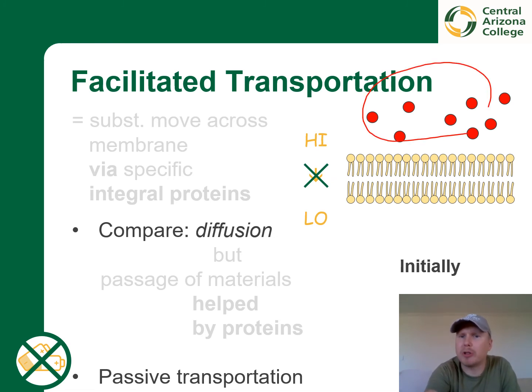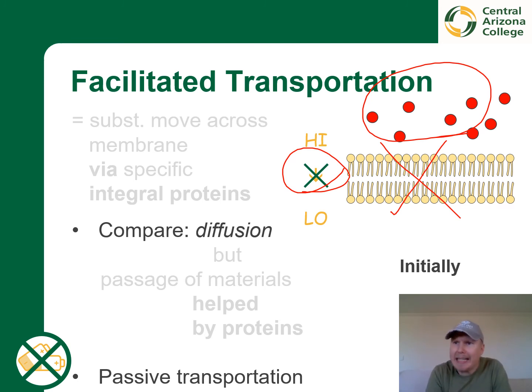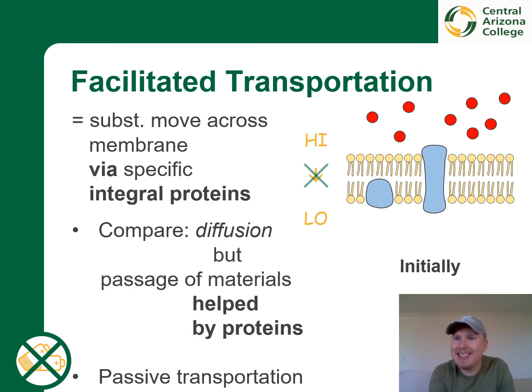These molecules or ions, symbolized by the red dots, cannot pass across the membrane. There may be many reasons for this, for example, their size, charges, or something else. So we have to think of another way to do this. And this is by recruiting some integral proteins that are specific for this function. Remember that we called these integral because they extended through the entire thickness of the membrane, while peripheral proteins did not.